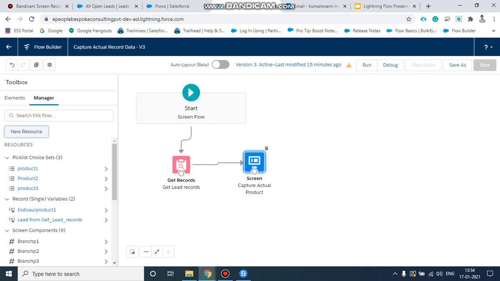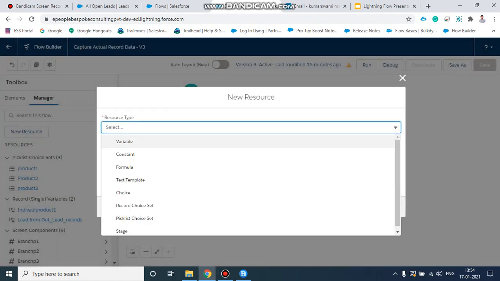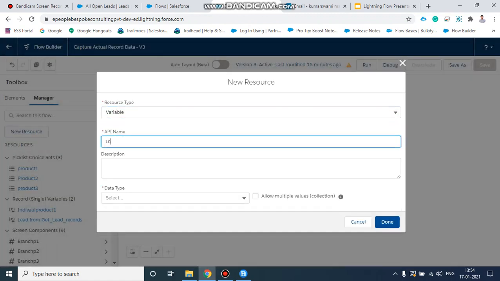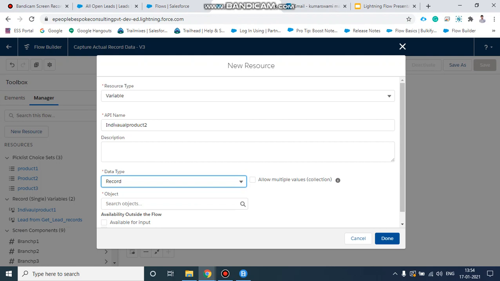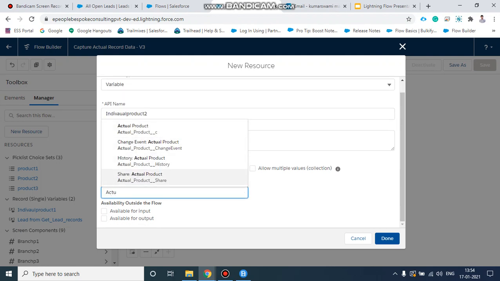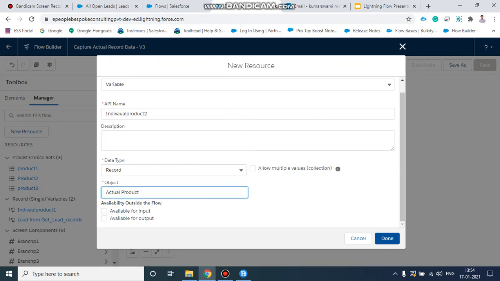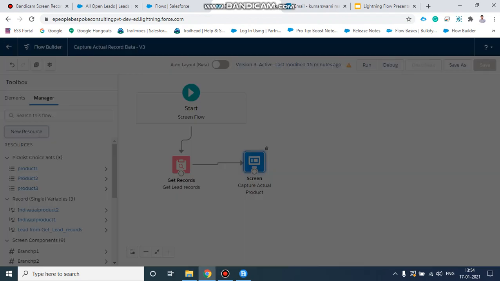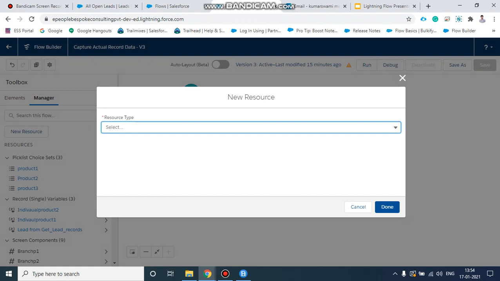Click done and create one more record variable, product 2, same record variable. The data type should be record and the object should be actual product object. Click done. Create one more, because to store all three product values we need separate variables, right?